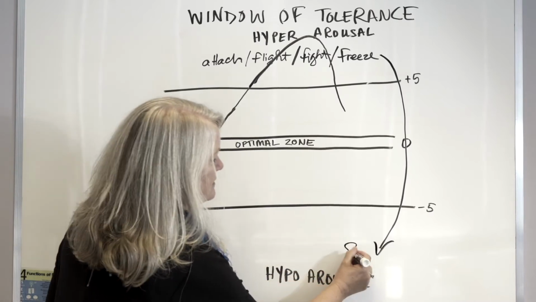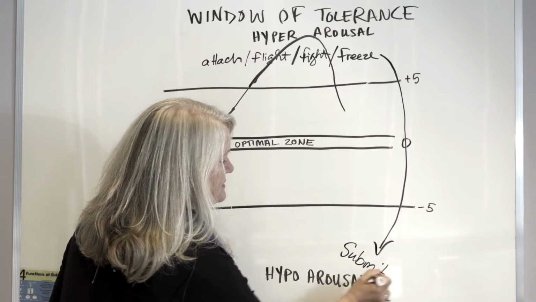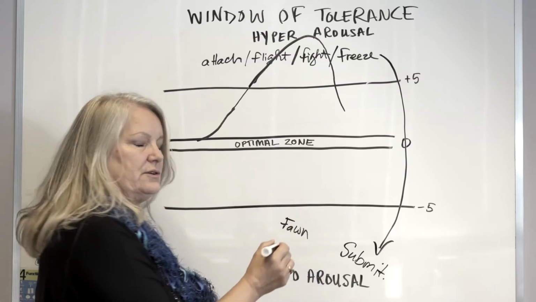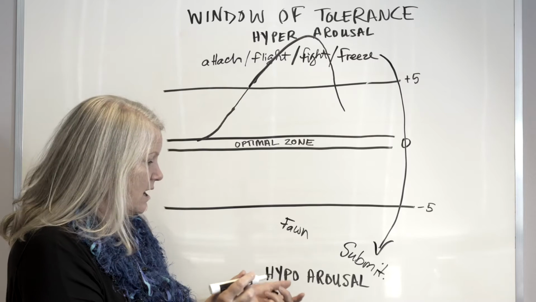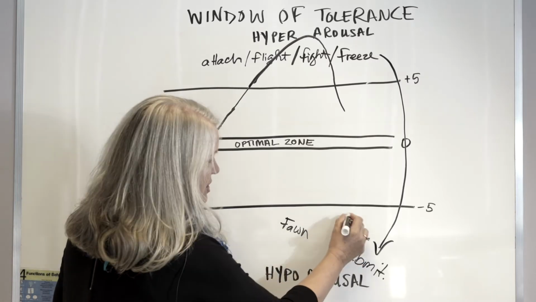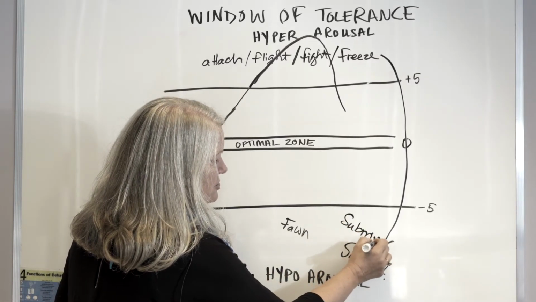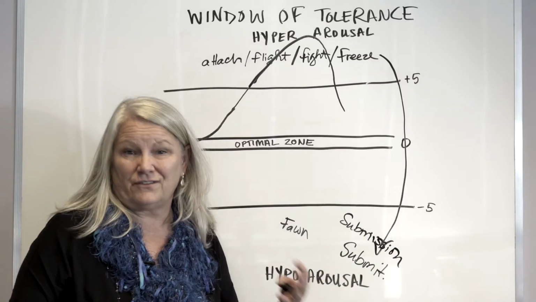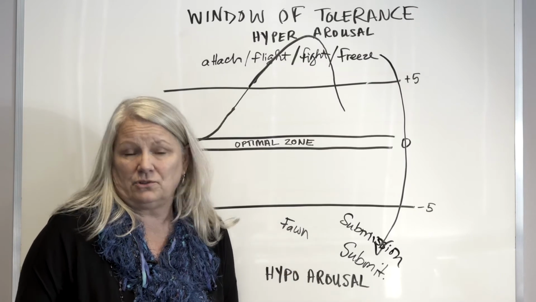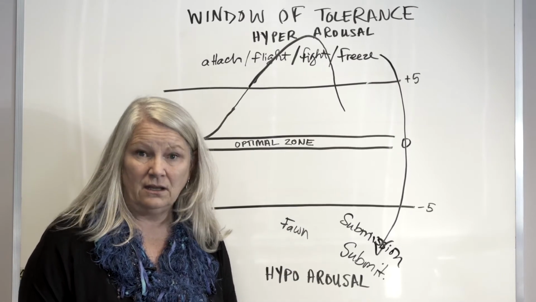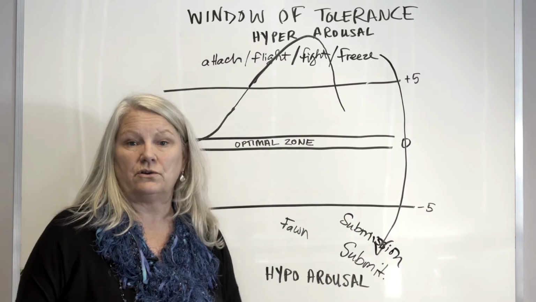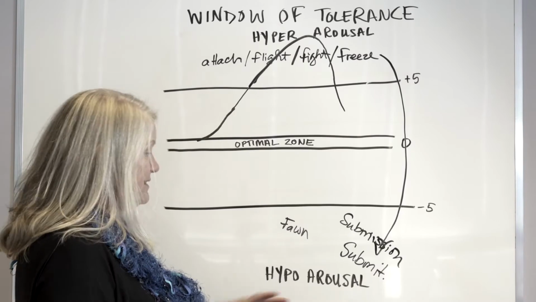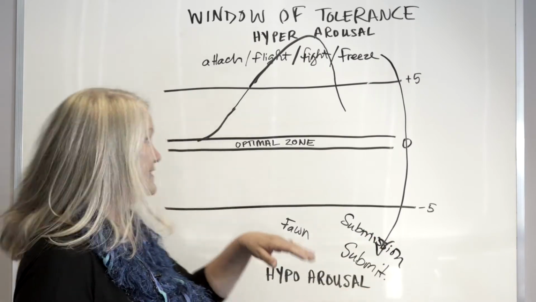We call this submit. It's also referred to as fawn. That's a language that you might hear if you're doing some research on the window of tolerance. Or submission. That is another language that you will hear. The beauty of our central nervous system is I will just pass out if that dog is attacking me and I'm gone. So the dog can do what it wants at that point because I'm not going to feel or experience anything. I think that's one of the most beautiful things about our central nervous system.